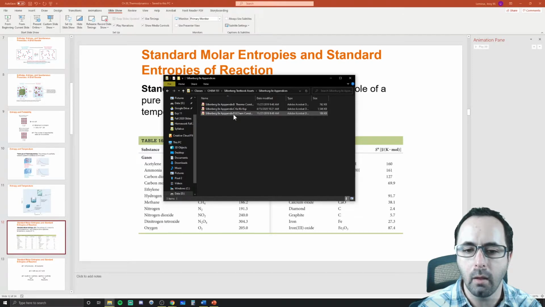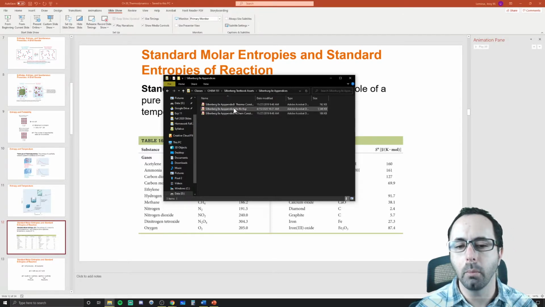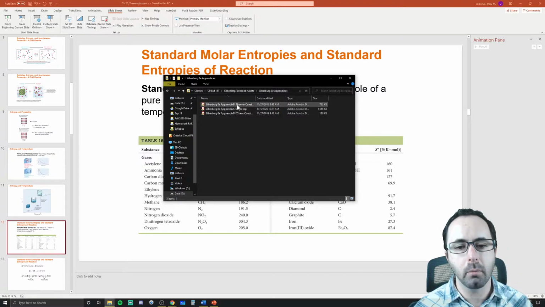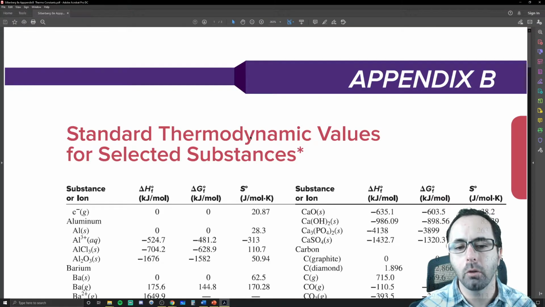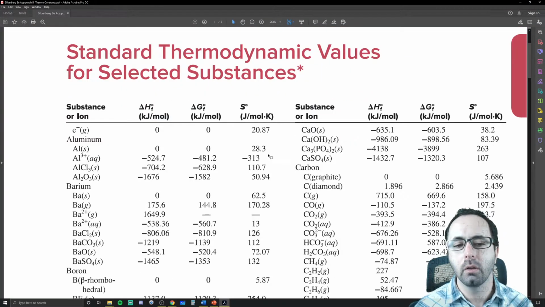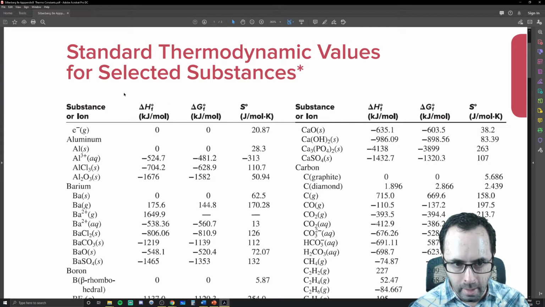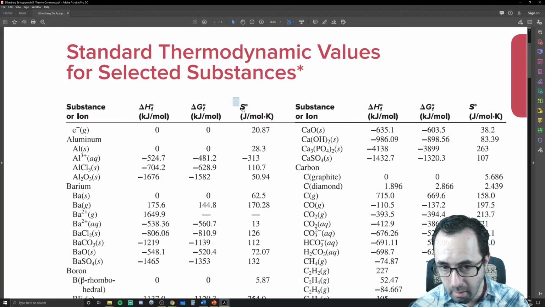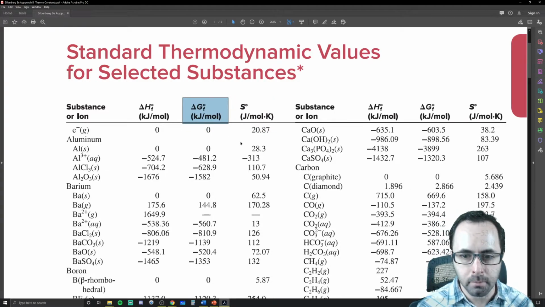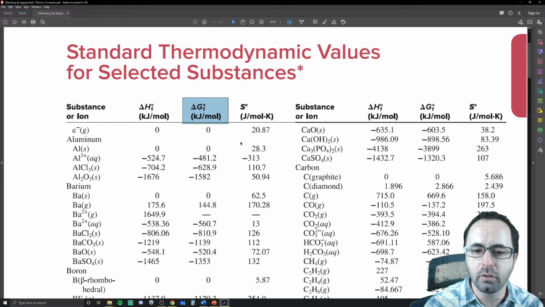Okay, and so I've already posted for you Appendix C, which had all kinds of equilibrium constants. Appendix B has thermodynamic constants, and so you'll see there's going to be entropies, and enthalpies, which you already know about, and there's also Gibbs free energy, which we'll talk about briefly before the end of this lecture.